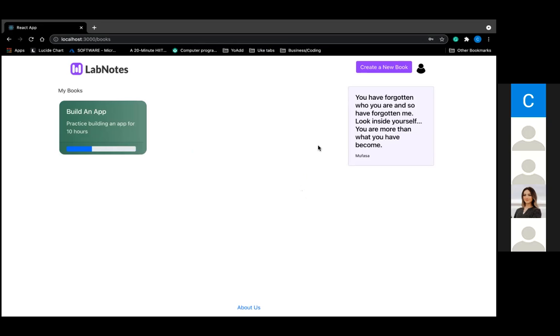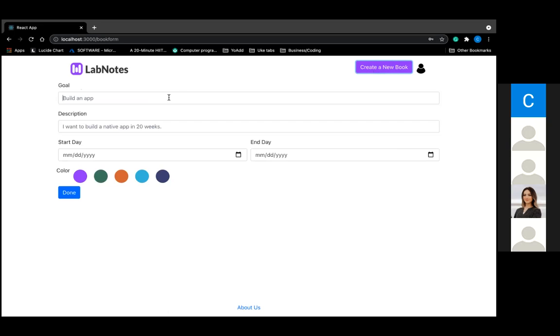Hi, I'm Katie, and I'm introducing the books page, which is where the user begins the application experience. The app is set up to organize your goals. So right here, my books, the books that we're referring to are these larger long-term goals that we're going to try to achieve. So if we go to create a new book, we'll see that we can include a goal